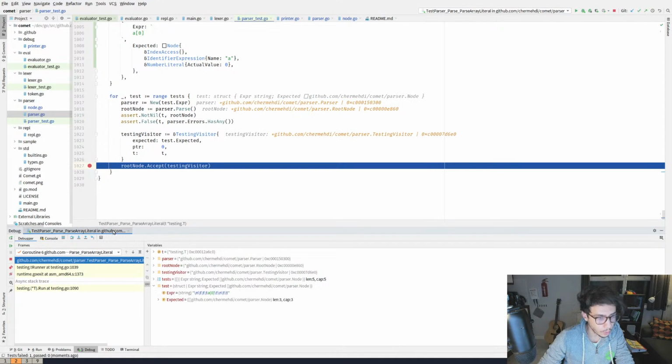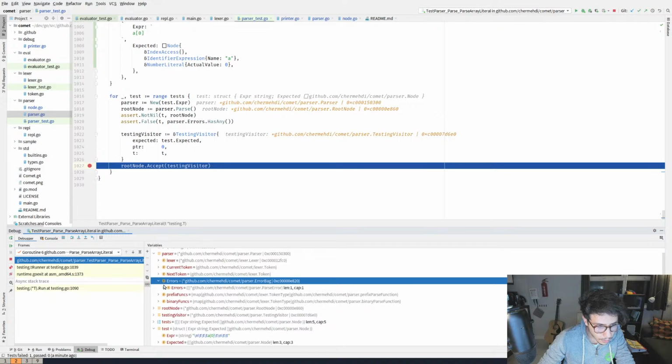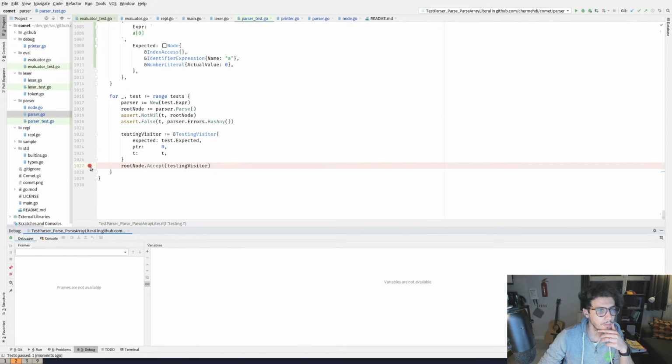All right, this is a little bit boring. So the parser's error. Let's see what the errors variable has. All right, it has one message that says expected close in bracket, and it got an end of file. Okay, so we shouldn't have done that.